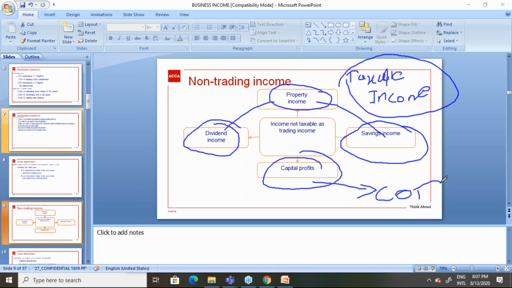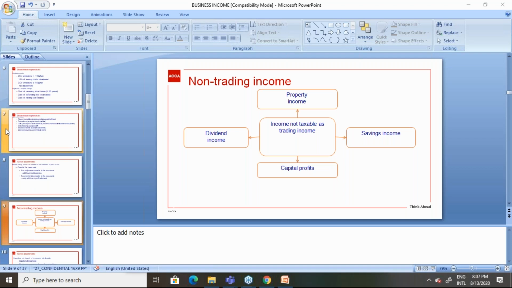Therefore, when you were calculating the accounting profit, if you have included this kind of non-trading income, you need to exclude them from the tax-adjusted trading profit computation. I hope it's clear. Then,